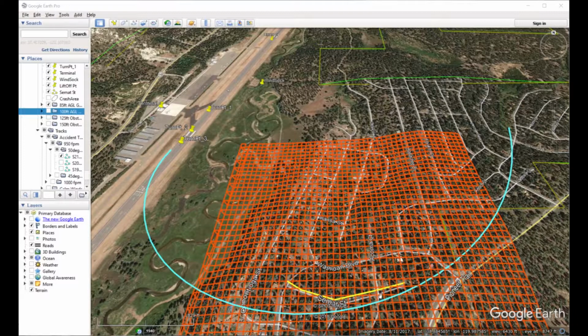Here's Samat Street, and as you can see right here is where we get impact between the magenta line and the 85-foot obstacle height, which is very near where the actual aircraft impacted the